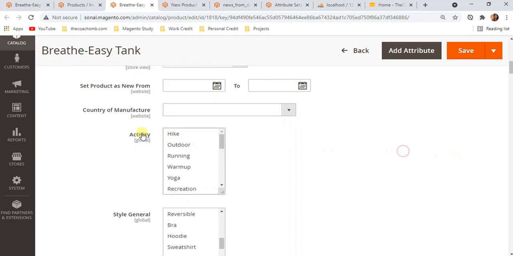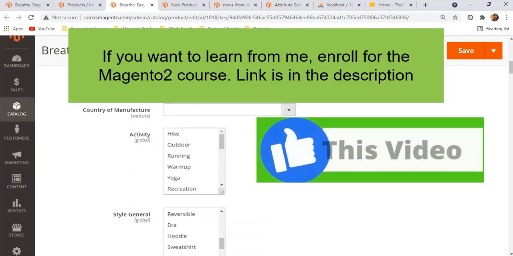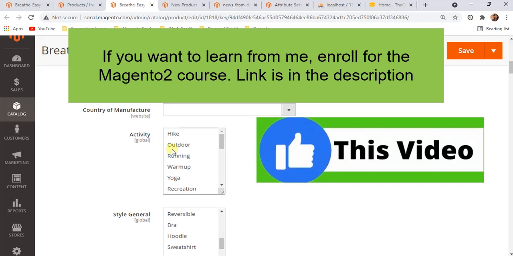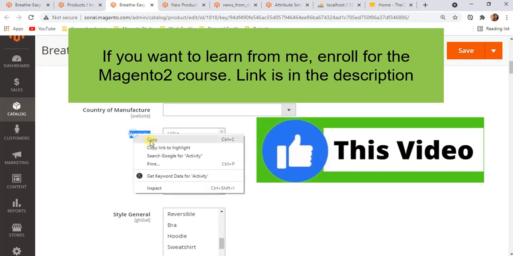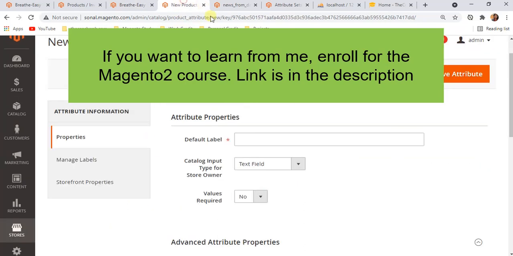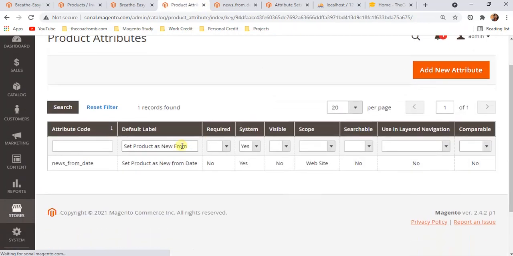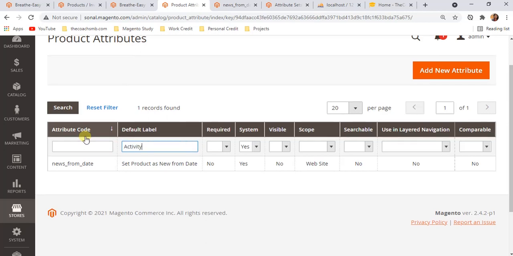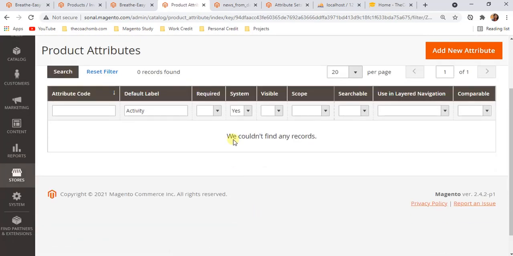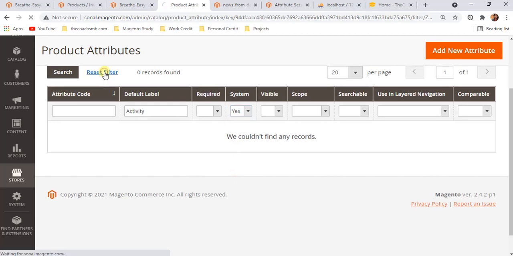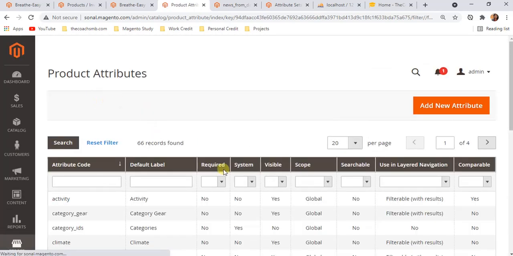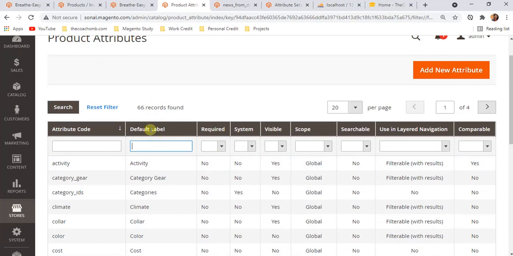Right, now let's focus on the multi-select option. So how has it been done, what input type do we need to select? So let's go for activity here, right? Activity, copy. Oh, sorry, let me reset it because it's not a system attribute. Okay, so here can you see activity?